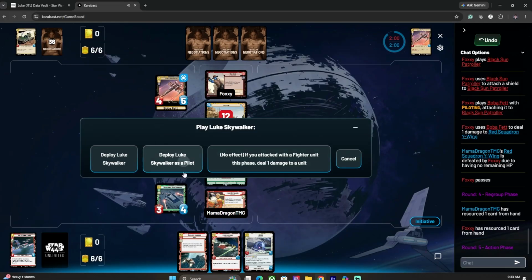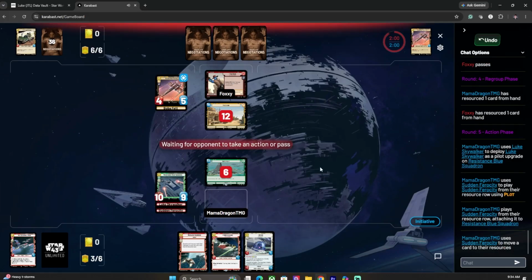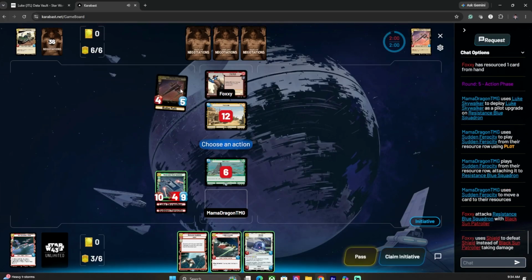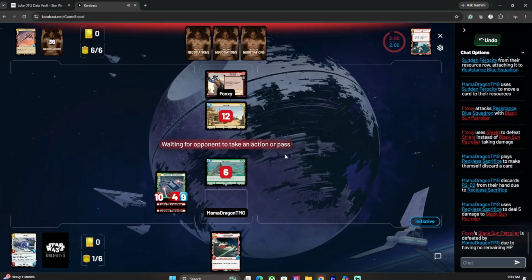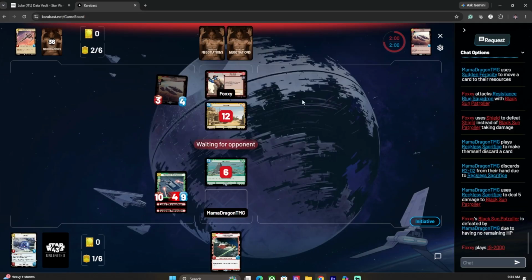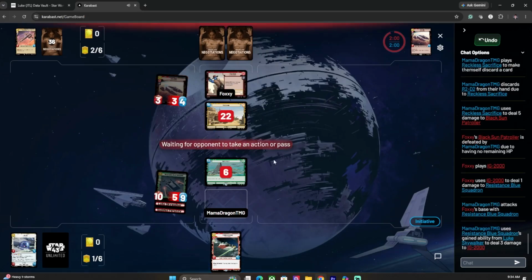Let's flip Luke Skywalker. Let's trigger to put a plot onto him. Let's make him a 10-9. Let's make him very impactful. Alright, our opponent's swing is going to do that much damage to us. Let's go Reckless Sacrifice, pitch immediately to kill that off the board. The IG, swing, 3 damage,